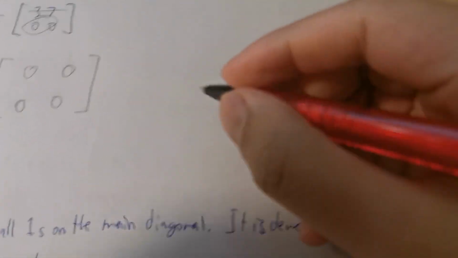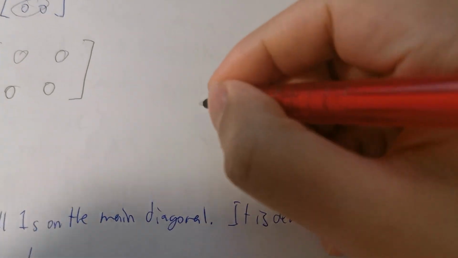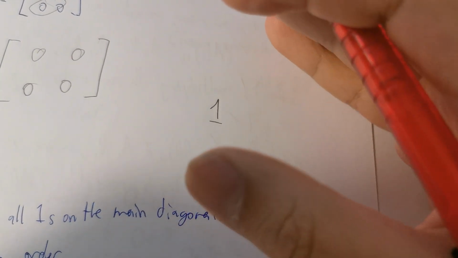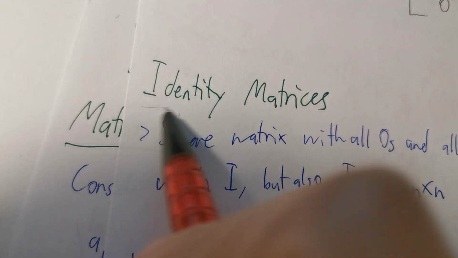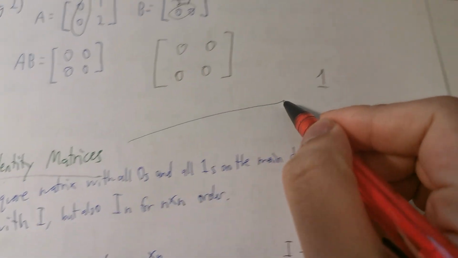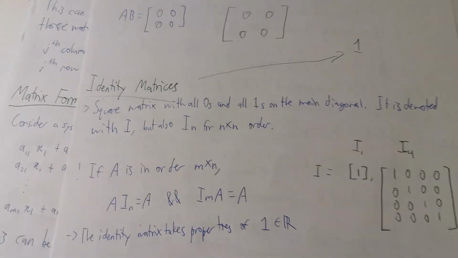So let's move on. After the 0 equivalent of a matrix, we want to look at the equivalent of the number 1 in matrices. All right. And that's what identity matrices are. They're just the one. So anyway, sorry, that was a reference to some song. Anyways,